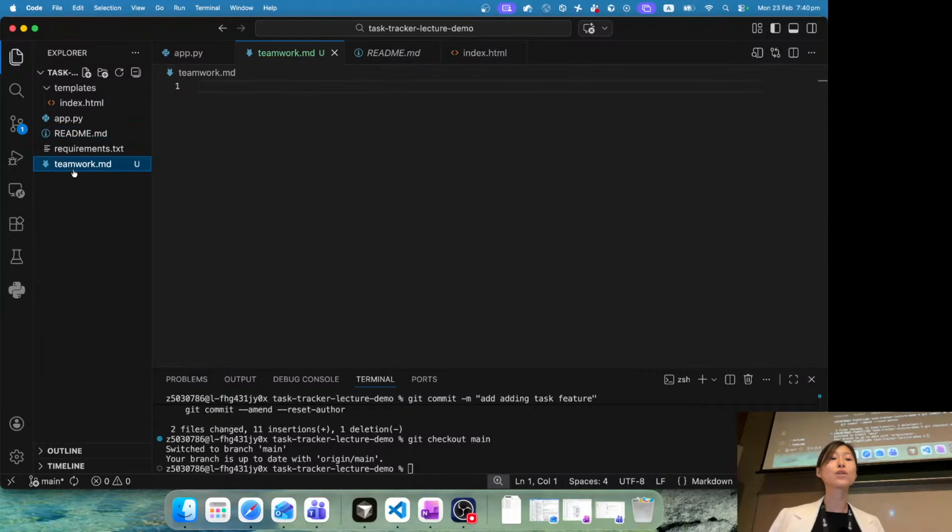But if you don't want to use an MD file, you can also push a PDF file. You can drag a PDF file here and then push that file to your main branch. It's also a way of submitting the teamwork contract. But the benefit of using an MD file is you can track changes. It's like how you added other text files. When you make a change to the MD file, you can add it and commit with a message